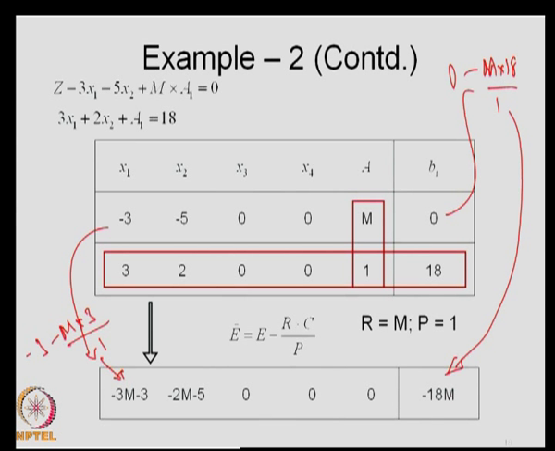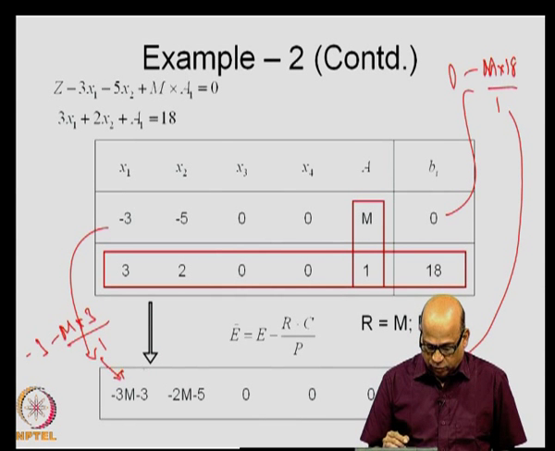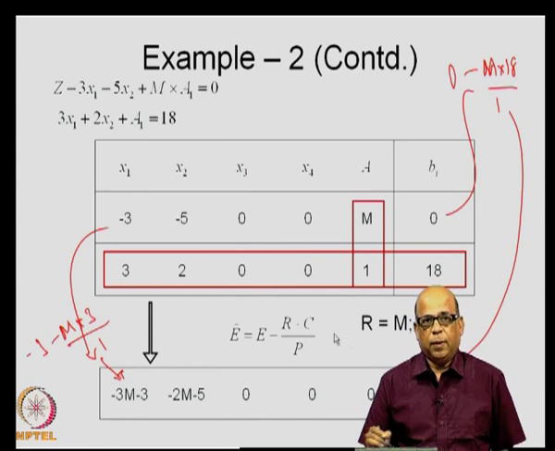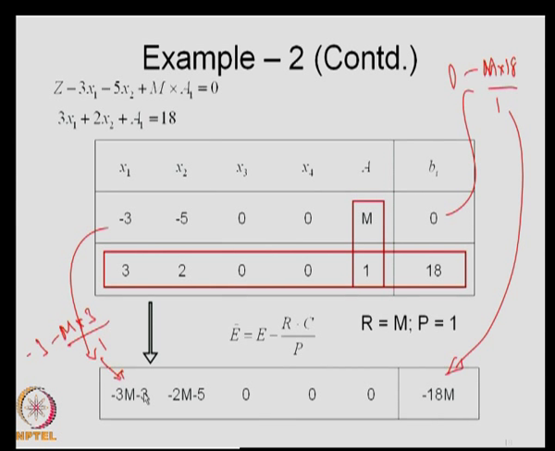Then to start the simplex method for this particular problem, we use the transformed z row in the first iteration. We use this transformed z row and do the computations as we did during the previous examples. So, we will continue this example in the next lecture and then see how we deal with the artificial variables in the simplex table.